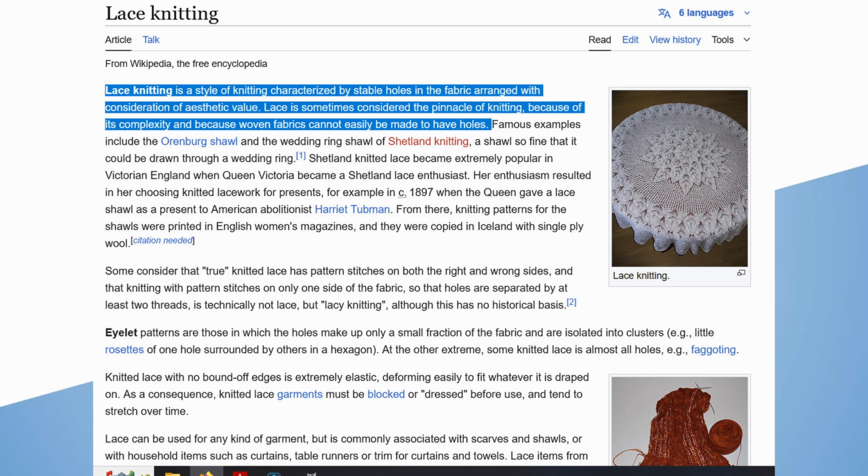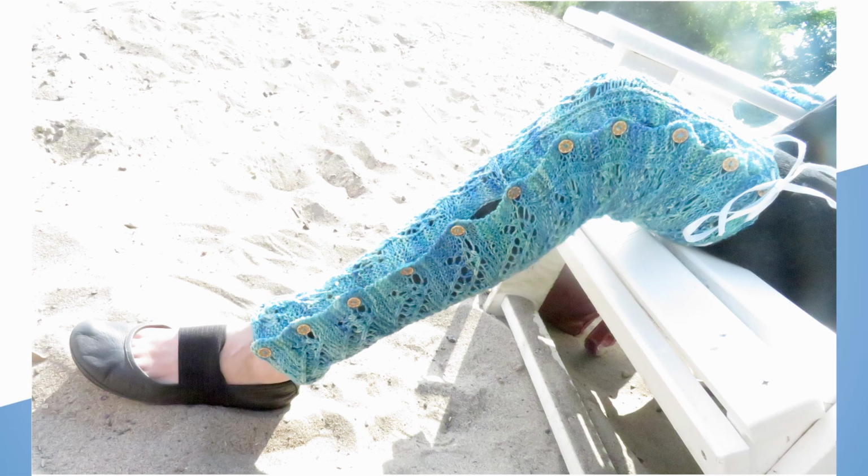Please don't let that turn you off though. Complex does not have to mean difficult. Okay, but how are those holes in the lace made without all the stitches unraveling? The most common method, by far, is using a yarn over stitch, which increases one stitch and creates a hole